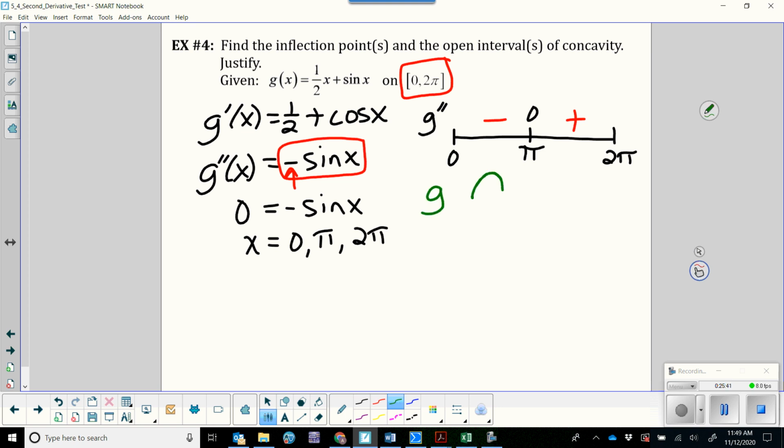G would be concave down here, concave up there. Okay? And so then we want to answer our questions. Since it changed from concave down to concave up, this is also a point of inflection, as long as it's defined in the original function. So to answer our question, we would say there is a point of inflection